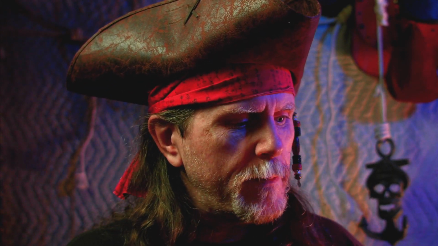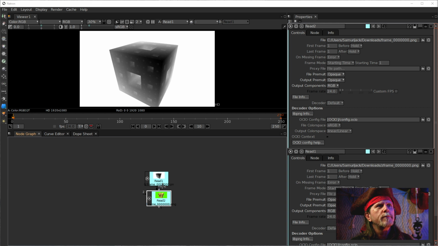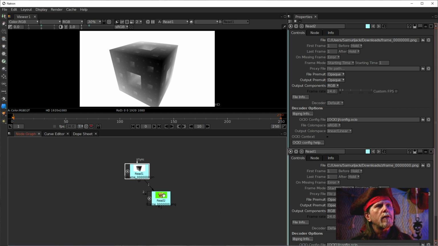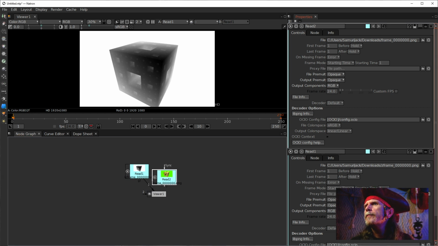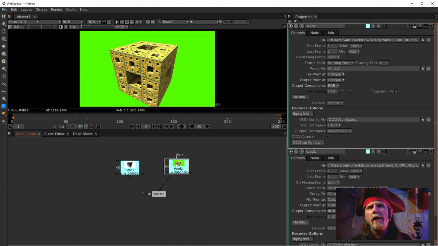But anyway, I'm going to pop over into Natron. So let's hop over here. And he sent me these two bits. We're going to just chuck them in here and look at them. I need to just minimize some things. So this is his Z depth buffer, and this is his frame that he was trying to add some depth